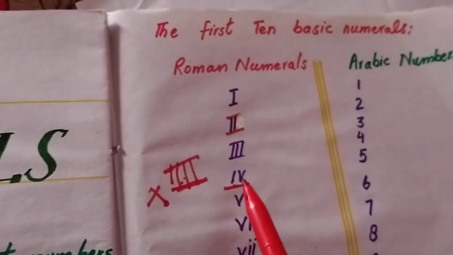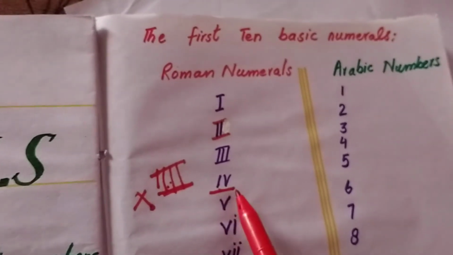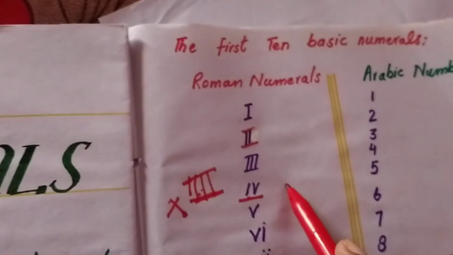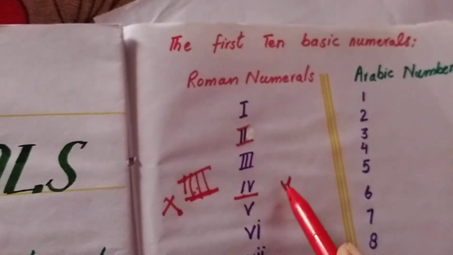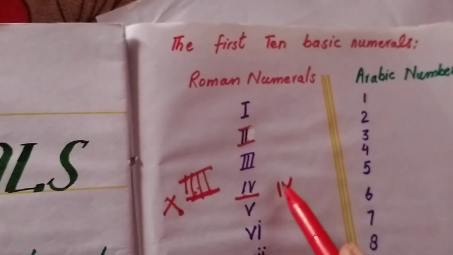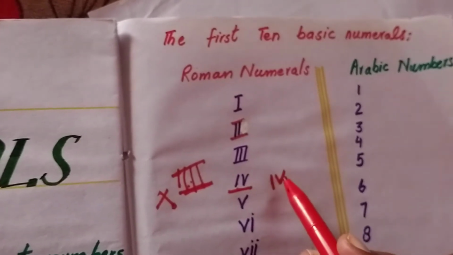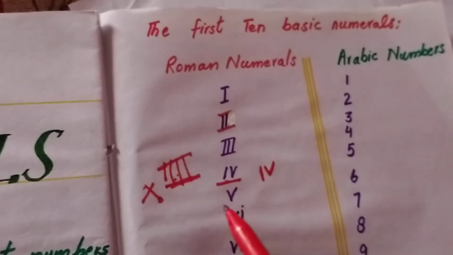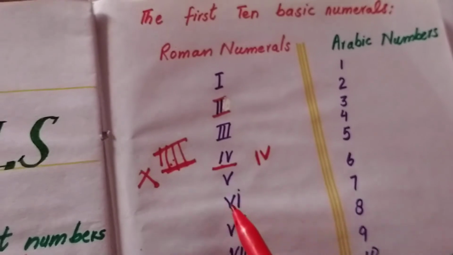That is the exact shape of 4 in our numbers, but this is the wrong shape of 4 in Roman numerals. The Romans used a different way to get 4. First of all, we write the 5, subtract 1 from the left side, and it becomes 4. It's a 5, and then it is a 6.